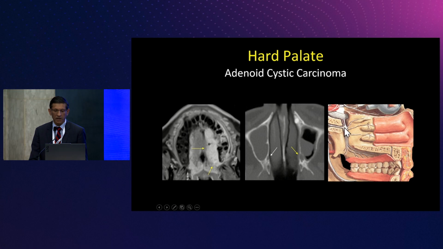Because once these tumors grow along the greater palatine nerve, they're going to be here in my favorite foramen, in my favorite fossa. Does anybody know the name of my favorite fossa? It's between the pterygoid plates and the maxillary sinus, and the palatine bone: the pterygopalatine fossa. That's where that nerve is located.